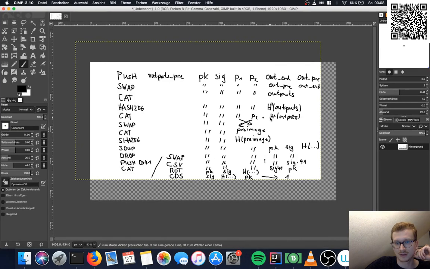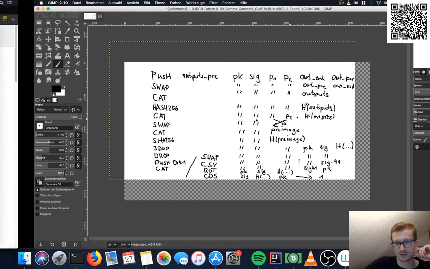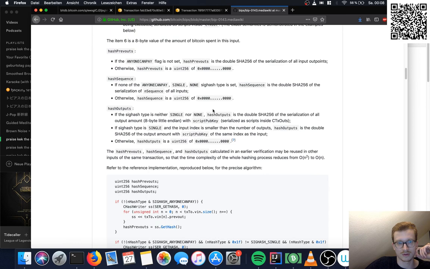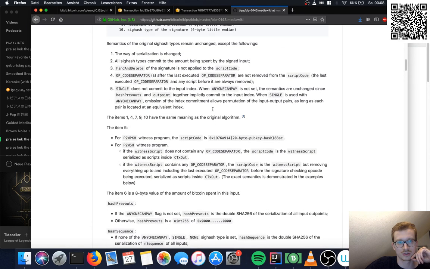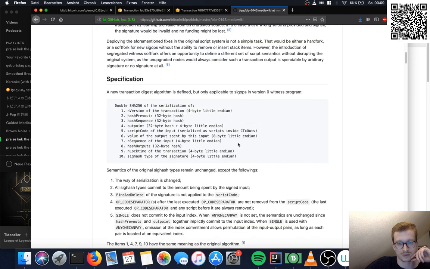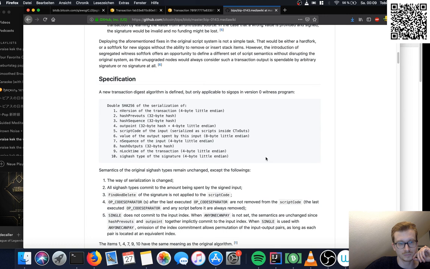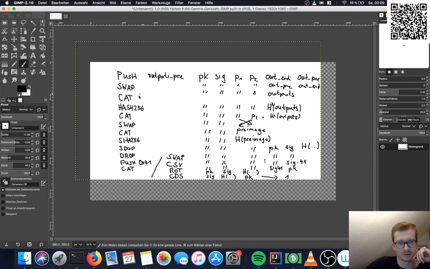After that, this is 32 bytes. We will just put this one right in front of it, and this one right behind it. These are the two cat operations.